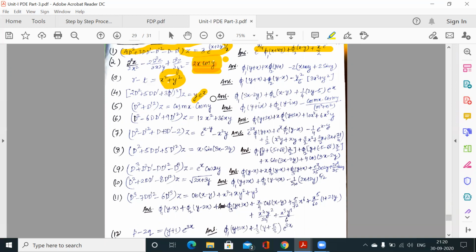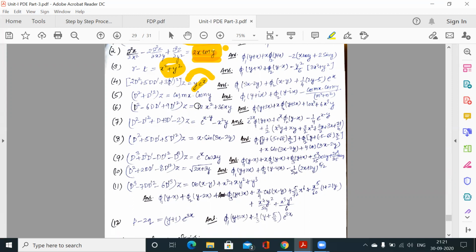Again we can consider this as e to the power x plus 0y, so e to the power x plus 0y can come outside the operator, and d will be replaced by d plus 1 and d dash will be replaced by d dash plus 0, and what is left is y. So y we can consider as 0x plus y, so again we have a function of ax plus by, where a is 0, b is 1. With that we can solve, or we can use the formula method.